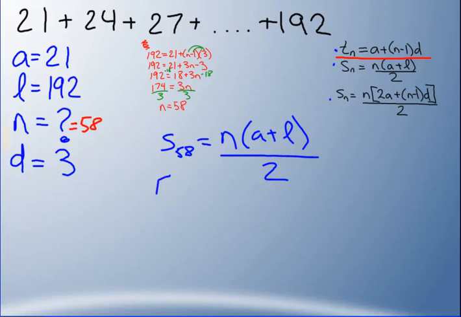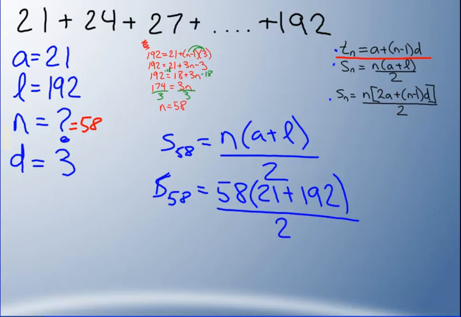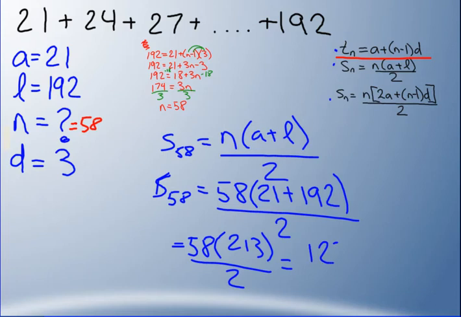Sum of the first 58 numbers equals n, which is 58. First term is 21 plus 192, which is my last term, all divided by 2. Okay, punching these into a calculator, it equals 58 times 21 plus 192 equals 213, all divided by 2 equals 58 times 213 gives me 12,354 all over 2, which equals